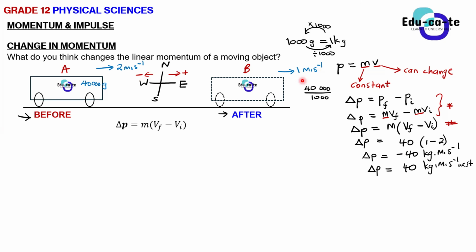Okay, but don't stress too much about the change in momentum and this direction. Make sure that you just understand that when you have a positive one, it is to the east. When you have a negative one, it is to the west. When you go to higher levels, you will understand the physical meaning of why this west can work. But for now, just make sure that when you substitute your velocity, you substitute with the direction, and then the answer that you get will show whether it's positive or negative. The change in momentum is also a vector quantity.